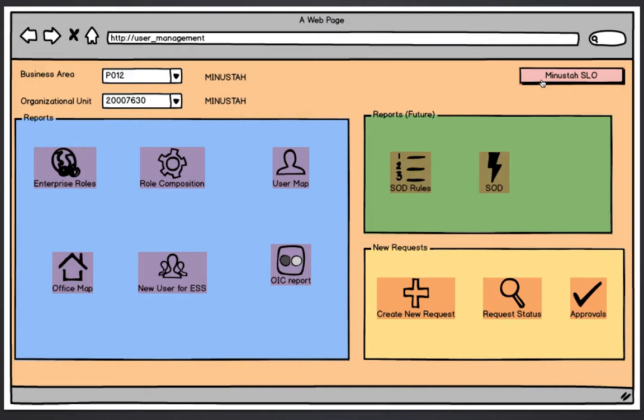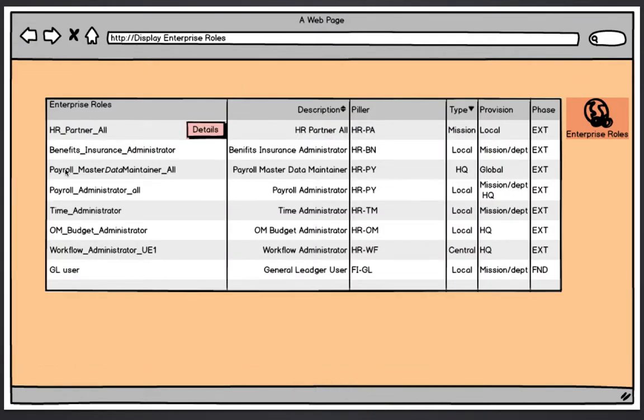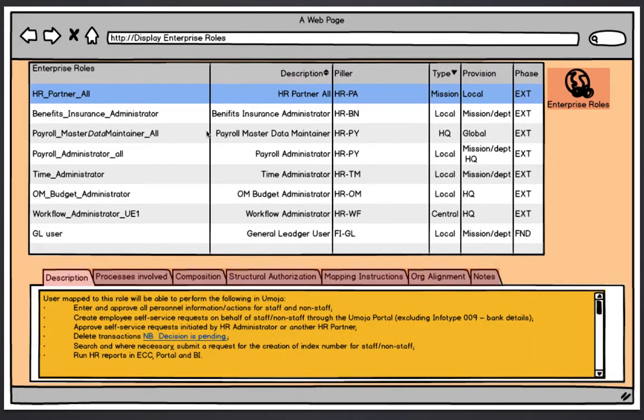This application is divided into three categories: the reports category, the SOD category, and the user provisioning category. On the reports, you have a detailed description of all the enterprise roles. An enterprise role can be for foundation, extension, or support. When you click on the details, these roles will give you all the characteristics of the enterprise role, starting